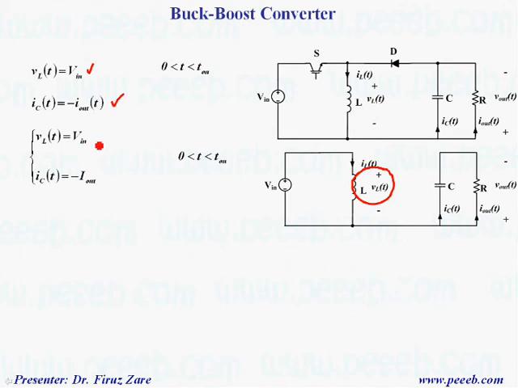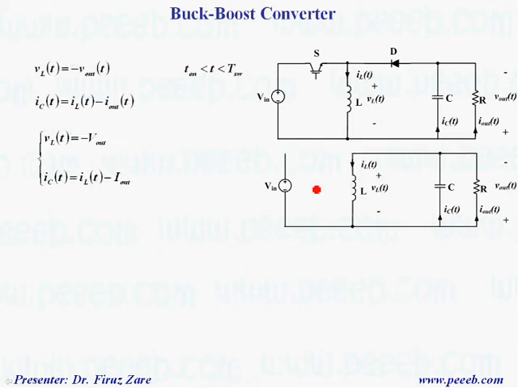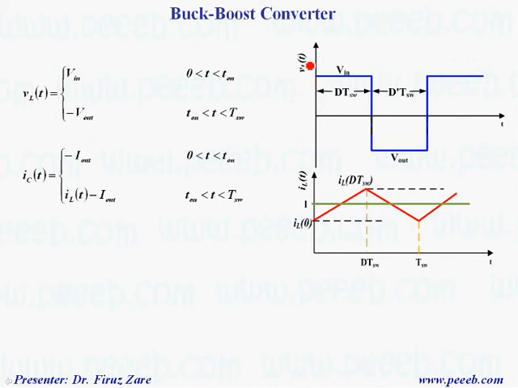Suppose the ripple is not significant, then we can rewrite the equation. When the switch is off, the voltage across the inductor is basically minus V out, and the current through the capacitor is inductor current minus output current. So basically the voltage across the inductor is given by this equation. That means in a steady state this area should be equal to this area. In this case the average voltage across the inductor is 0,